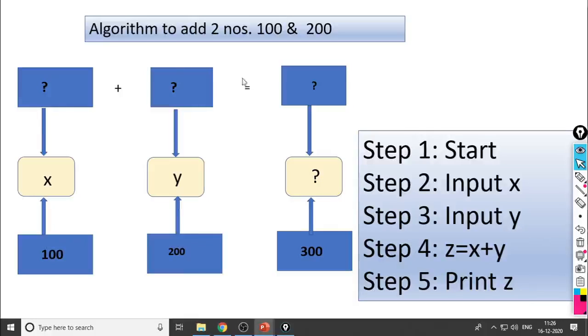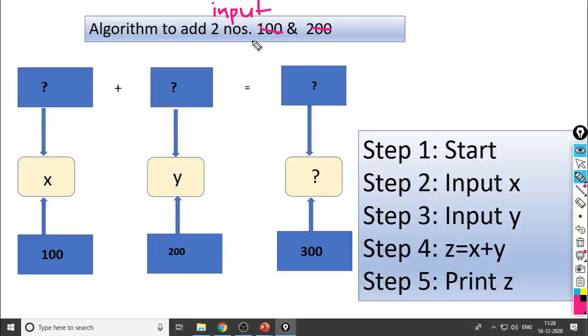The next example is like this. Algorithm to add two numbers, but instead of fixed values we don't know the values: addition of two inputted numbers. So we change this to addition of two inputted values.